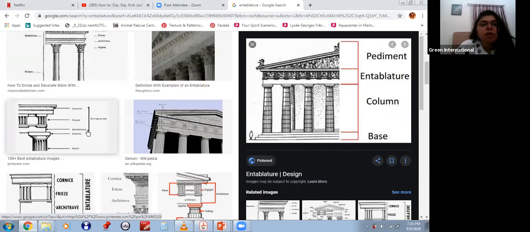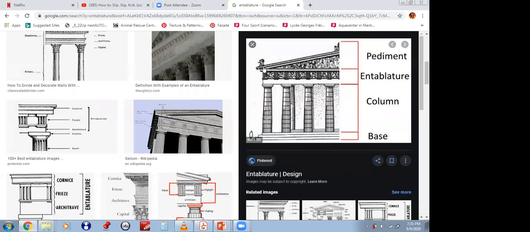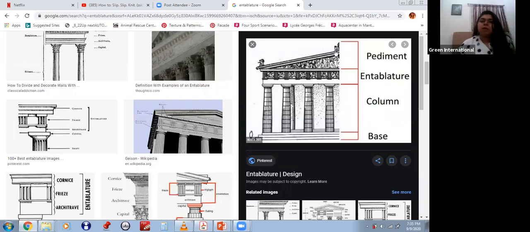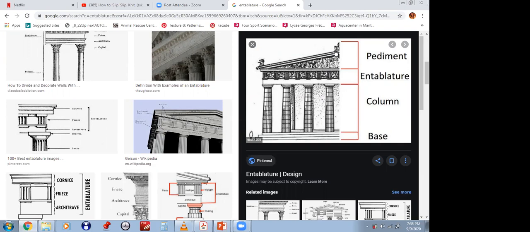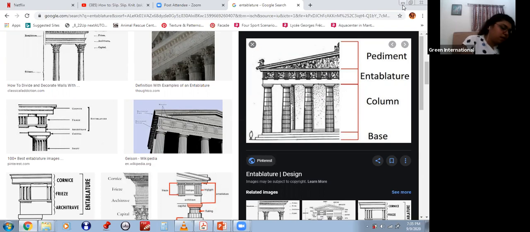Above the entablature is the cornice. This is the cornice. And this whole portion from the cornice up is called the pediment. Okay. There was another question about